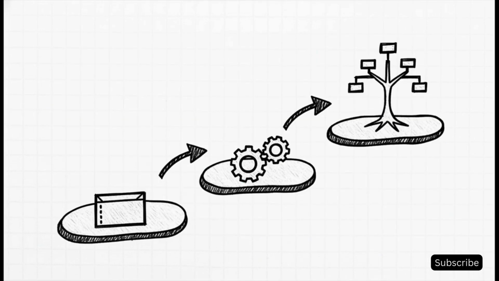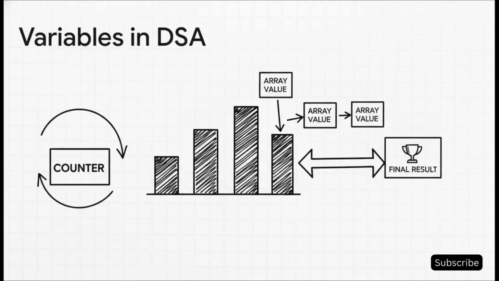So where do you go from here? Well, mastering variables is step 1. Once you have that down, you can start building logic. And that logic becomes the foundation for all the cool advanced stuff, like data structures and algorithms, or what you'll hear called DSA. And trust me, when you get to complex problem solving in DSA, variables are everything. You'll use them to store lists of data, to create counters for looping, to track your position, and to hold the final answer. Having a solid handle on variables makes DSA feel logical. A shaky understanding makes it a complete nightmare.